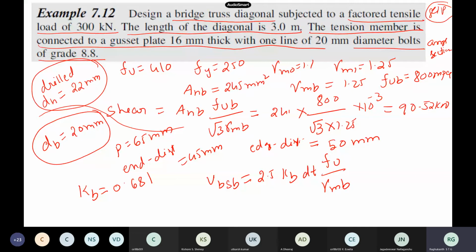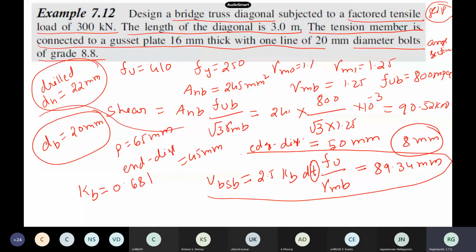Now when you calculate bearing strength, you also should consider the thickness of the member. In this problem, the thickness will not be known, or in the gusset plate only the thickness will be there, the angle section thickness we may not know, so we just assume some value to start. So we assume that thickness is some 8 mm approximately for my angle section. The gusset plate is 16, so whichever is the smallest, we use here. So for substituting, here we get some 89.34 kN as the bearing strength for these bolts itself.